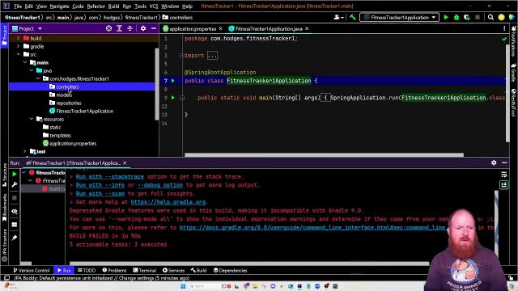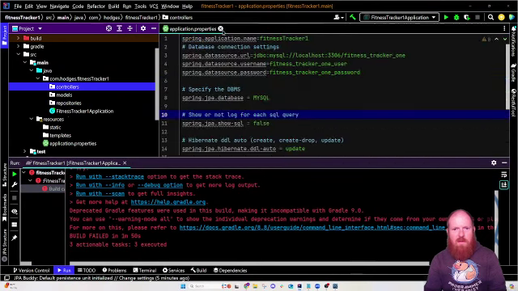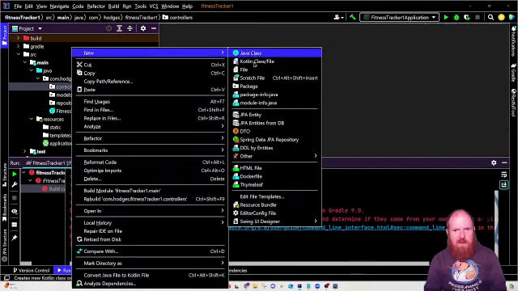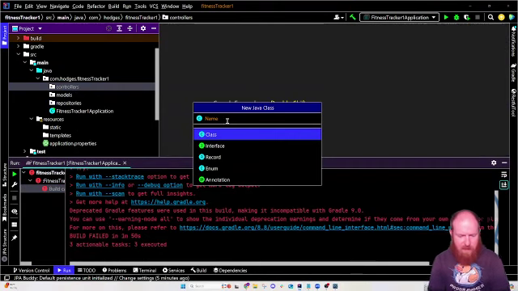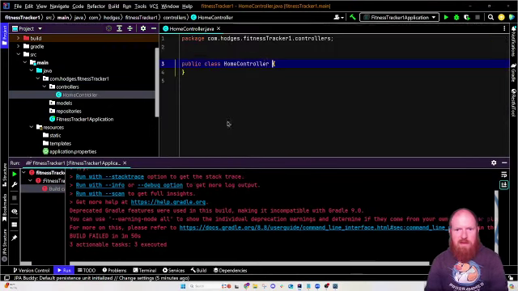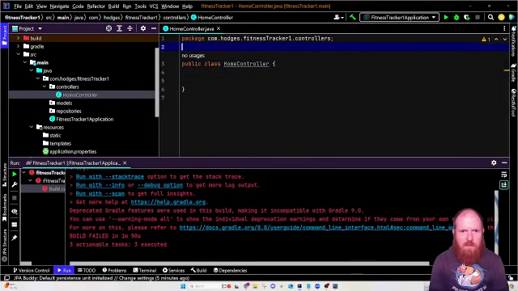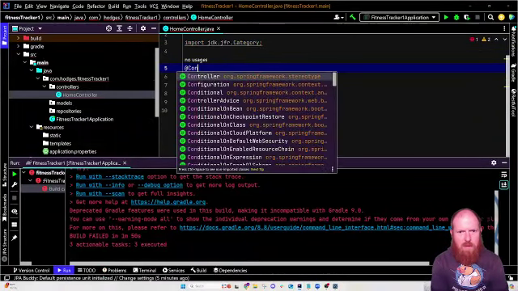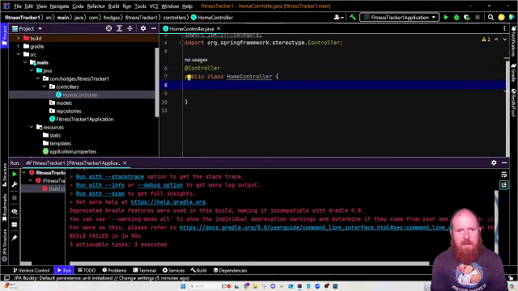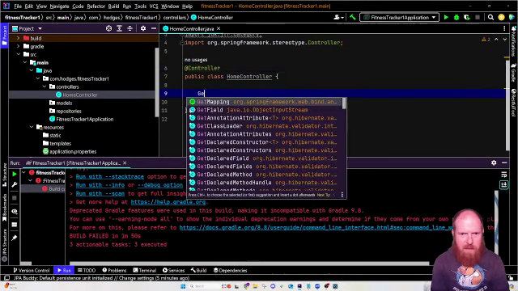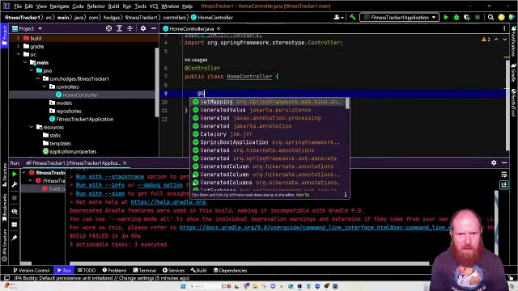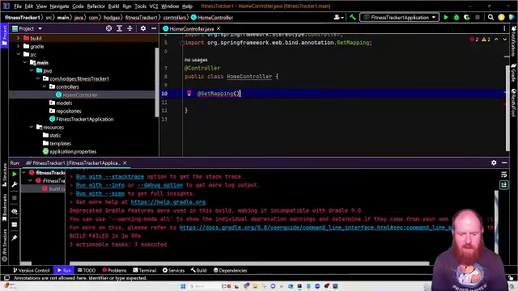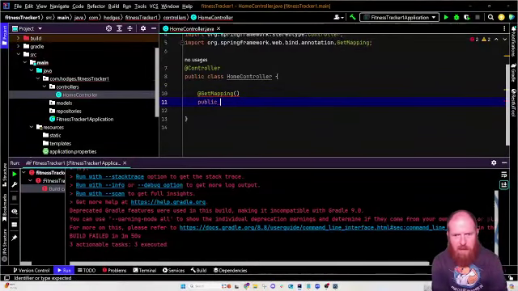The first thing I want to do is get something working. So the first thing I'm going to do is get a class. This is going to be my home controller. This will just be at home, so I don't have to put any mapping or anything on there. So this is going to be a GetMapping. Just whenever they hit the home page, I want a public